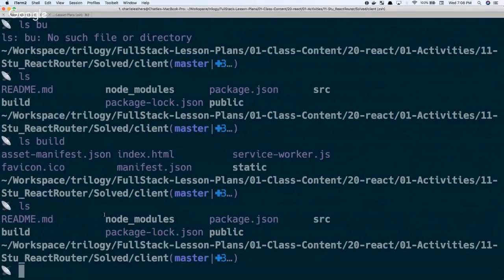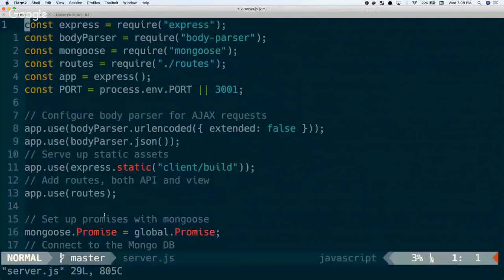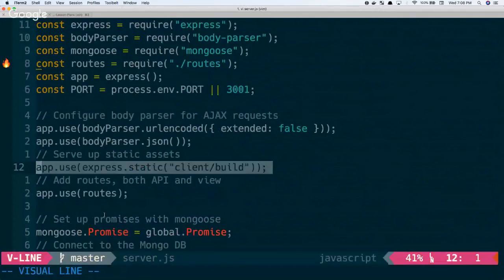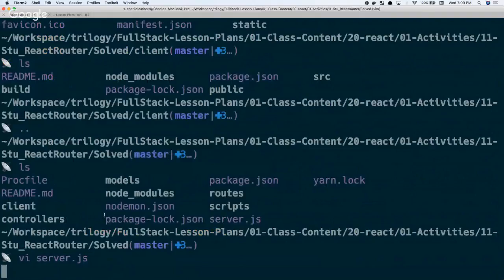So we built out our client, our front end, right? Let's take a look at the server. In the past, this line here used public, which should look a little more familiar. Now, rather than our static assets being in the public directory, they are within client build. So express static will serve static files that are within client build. Where is this? It would be one level up,